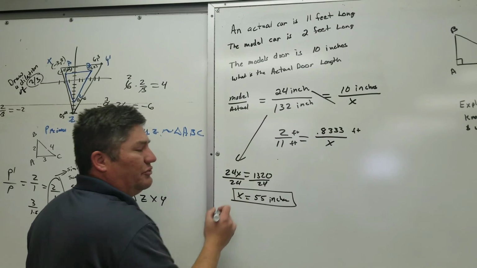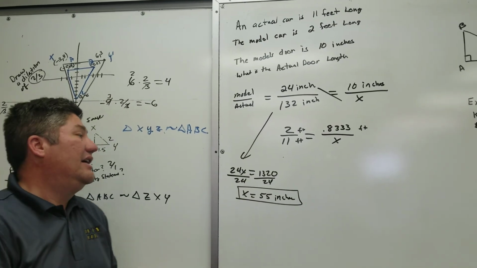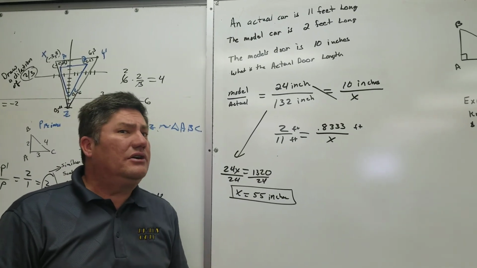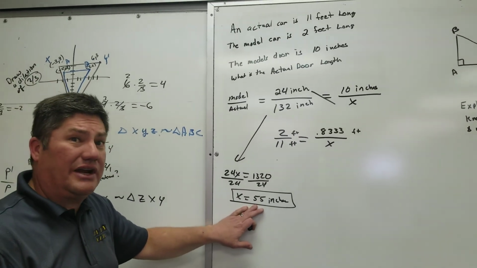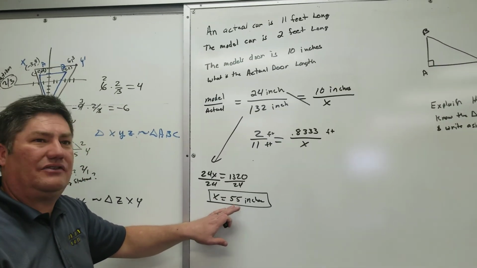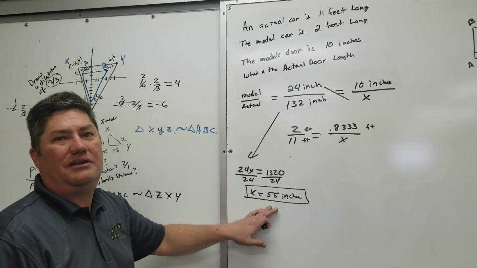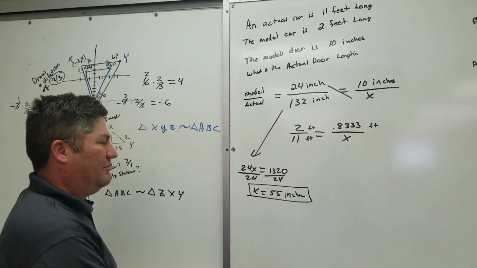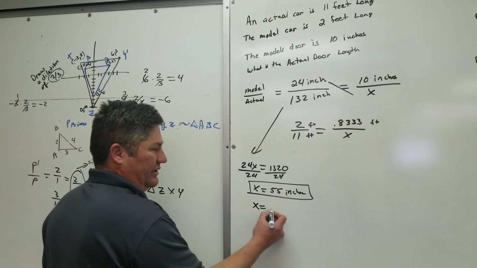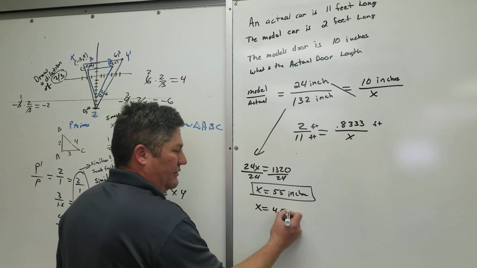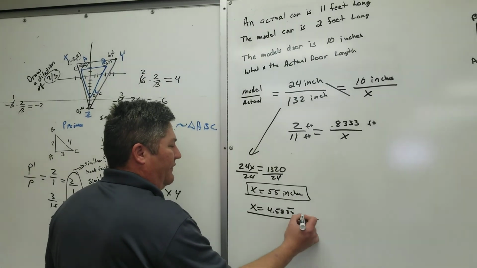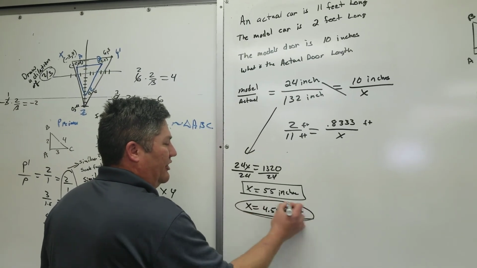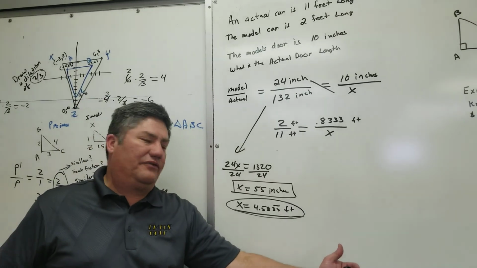Now pay attention to what it's asking for. Does it say how many inches is the car door or how many feet is the car door? If this wanted it in feet, I'd have to divide the 55 by what? 12. So 55 divided by 12 would be how many feet? 4.583333. Okay, and that would be the number of feet that the car door is. So your car door length is about 4.5